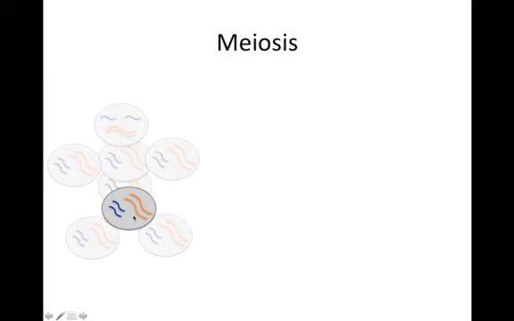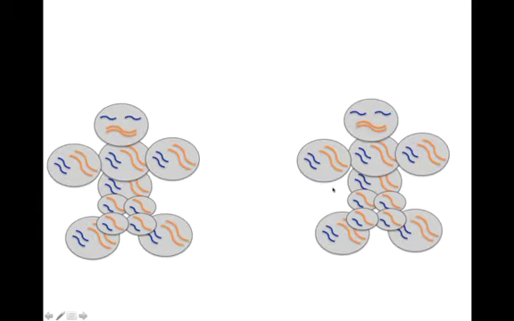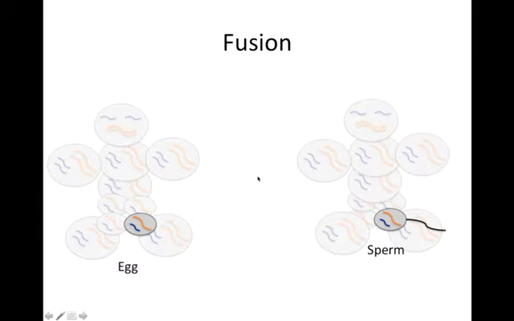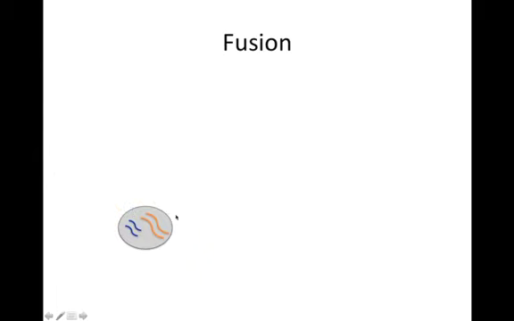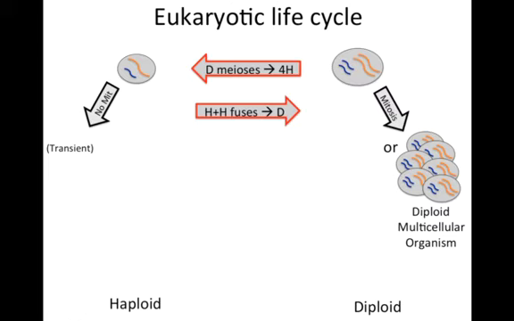Now some subset of those cells in the germline are going to undergo meiosis to give rise to our haploid stage, to our eggs or sperm cells. And so now if we have two different organisms, two different humans, male and female, now we have eggs and sperm, and an egg and a sperm fuse to give rise to a diploid. And now we're back to the beginning, right? Now we have our next generation of a single diploid cell. Okay, so that's familiar with the way that works, but now let's see how we can represent that on our